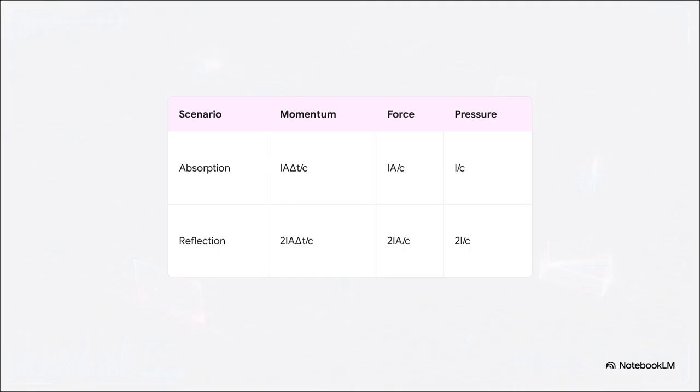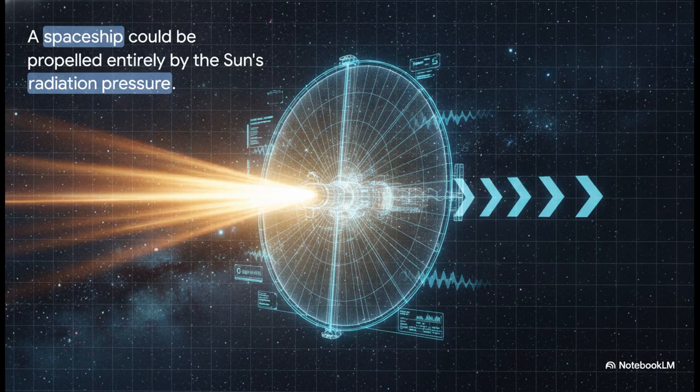But check out the bottom row. If you bounce that light off a perfectly reflecting mirror, the force and the radiation pressure actually double, becoming 2I over c. Literally, the act of making a light wave reverse its direction transfers twice as much momentum to the object. Now, what's really interesting about this concept is how we can apply this intense math to something super thrilling: